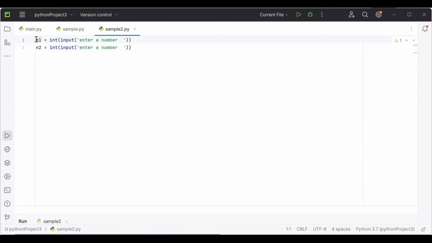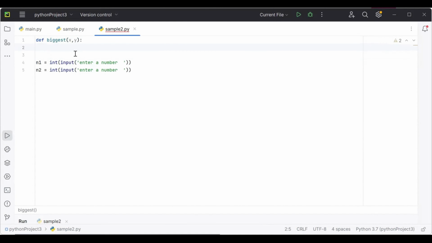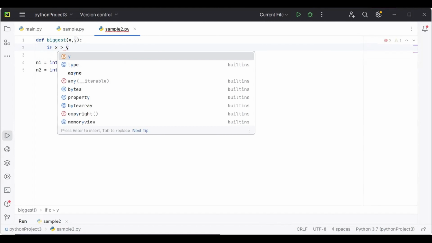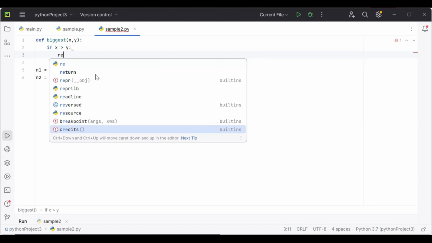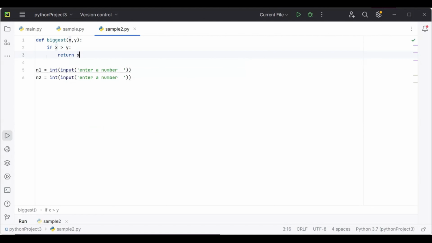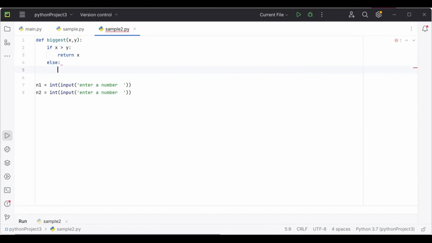Now what I'm going to do is create a function on the top. Def biggest, and two parameters, maybe x comma y, or n1 comma n2, anything. Now here we need to find which is the biggest number, right? So I'm adding if x greater than y. And we have to return it. So I'm returning x. Otherwise, else, I'm going to return